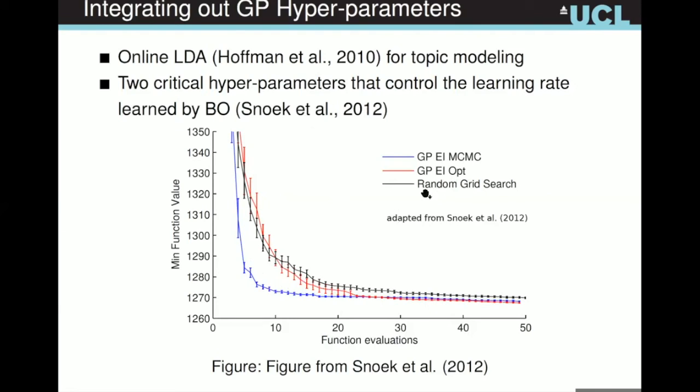The idea was to minimize an objective that is related to topic modeling. So they have 3 methods that they look at. They look at random grid search. So basically sample these 2 hyperparameters randomly in a hypercube and then evaluate LDA on this. And that would be the black curve. That actually works relatively well. If you optimize the GP hyperparameters and use the expected improvement acquisition function, you would get the red curve. And if you integrate out the hyperparameters with MCMC and use the expected improvement method, you can get the blue